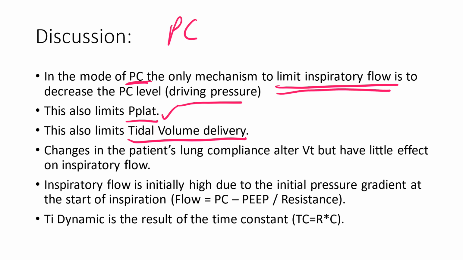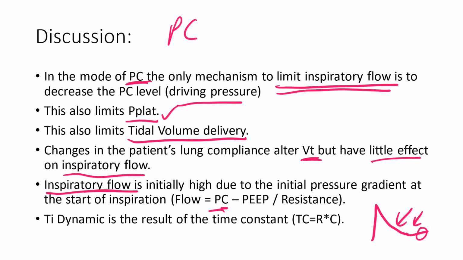Changes in the patient's lung compliance alter the tidal volume, but have little effect on the inspiratory flow. It's all about the delta pressures, or the pressure control level we set on the ventilator. So the reason the inspiratory flows are initially very high is because we initially have very high pressure gradients between our pressure control level and peak, between the lungs and the circuit pressure. The reason we get that logarithmic decline in inspiratory flows is because we have that slow filling of the lungs, and as the pressure between the circuit and the lung pressures become closer, the flow declines until it eventually